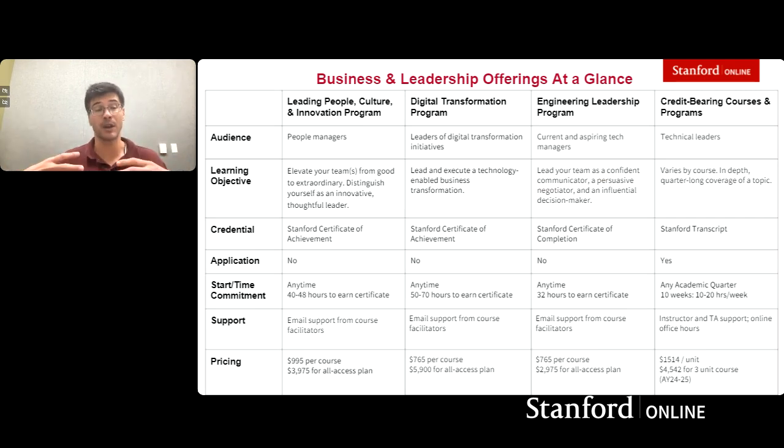I should say our organization, the Center for Global and Online Education, started in the School of Engineering back in 1954, basically in the electrical engineering department. And we've extended and expanded over the last 70 years. So there are a lot of options out there. Again, I would encourage you to go in and explore in more detail, whether you're interested at the course level, the program level, or even the degree level. There are a lot of options.